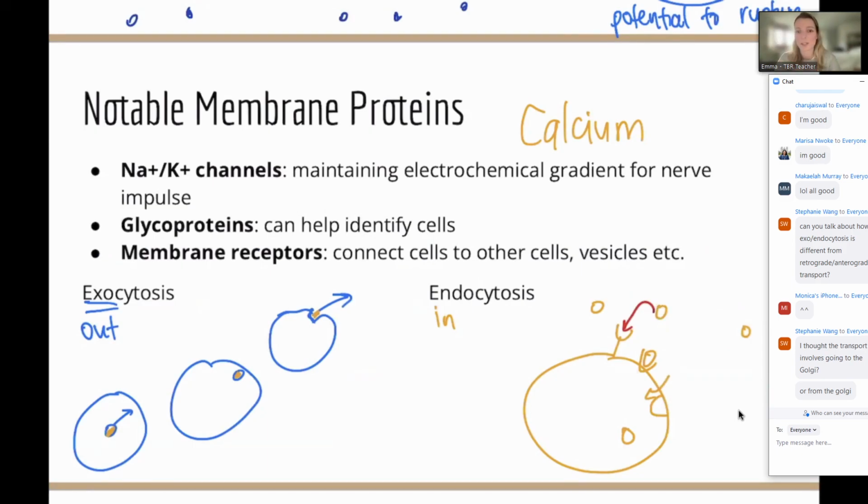When we think about transport, oftentimes what is going up is going to be like a protein going to the surface. So that was probably where I maybe confused you with that kind of transport. We're having a protein go up. Whereas I would think about endocytosis, or maybe you've heard about pinocytosis, where it's literally like the cell is drinking. It's taking cytoplasm and just dumping that right into the cell.